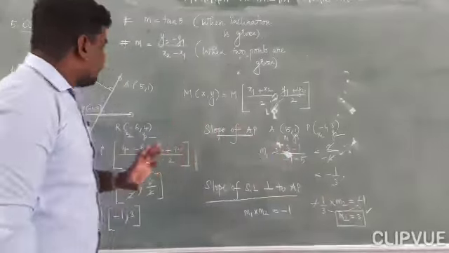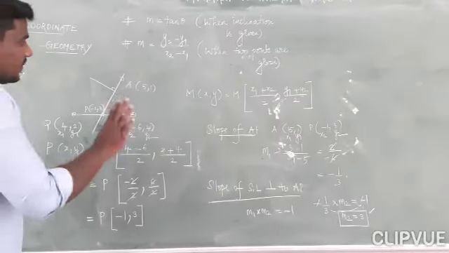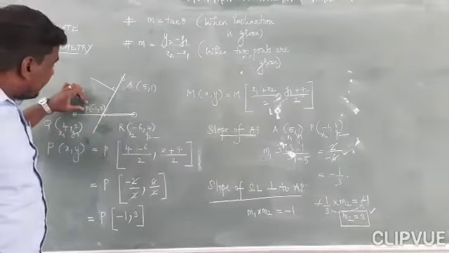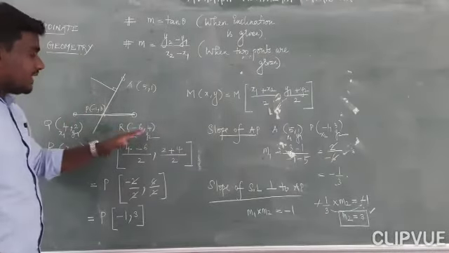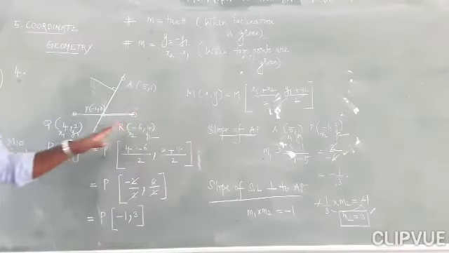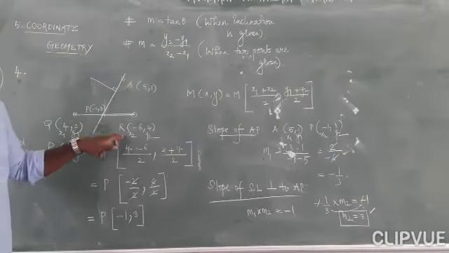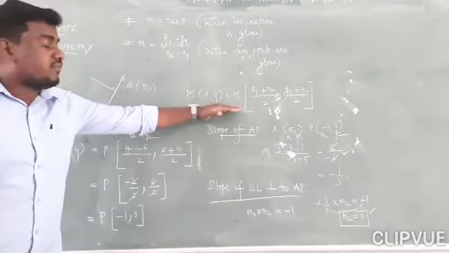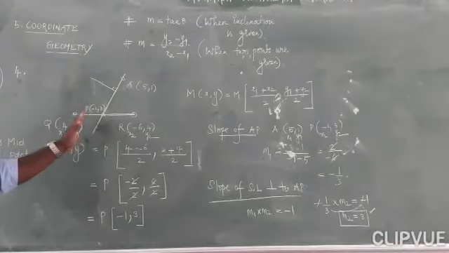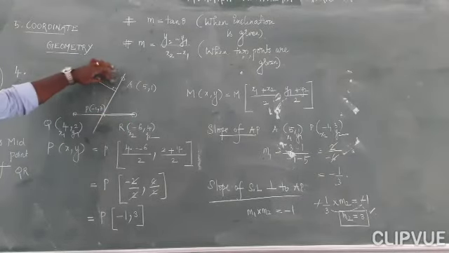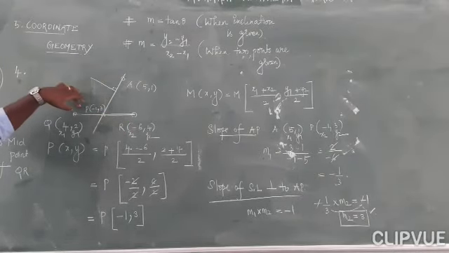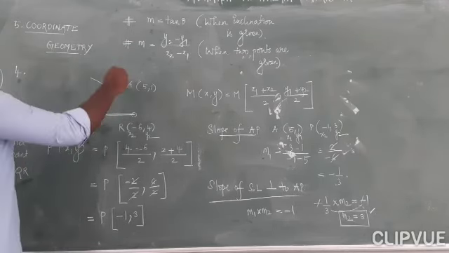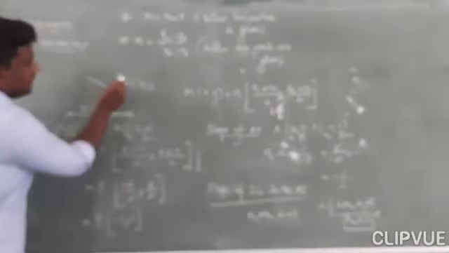Okay, listen carefully. The question is the slope of the straight line which is perpendicular to the straight line AP, and the point P is the midpoint of these 2 points. I took the 2 points as Q and R, so this is the midpoint. First I used the midpoint formula for finding the midpoint of QR. After that I found the slope of AP. But they are not asking for the slope of AP. They are asking for the straight line which is perpendicular to AP.